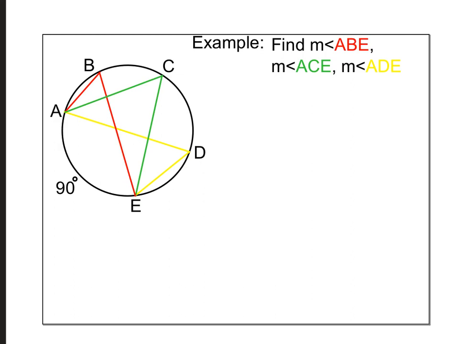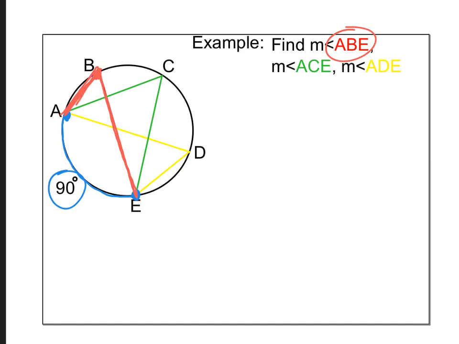And if you take a look, they are giving us an arc from A to E. That's the only given information. That arc's measure is 90 degrees. Okay, so if we take a look, starting with the first one, ABE, notice ABE is an inscribed angle, right, because the vertex is on the circle,